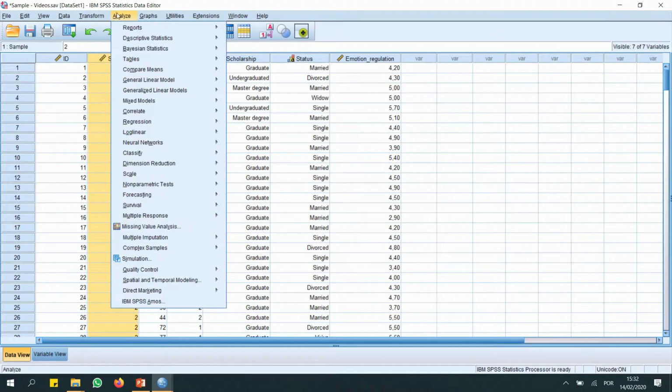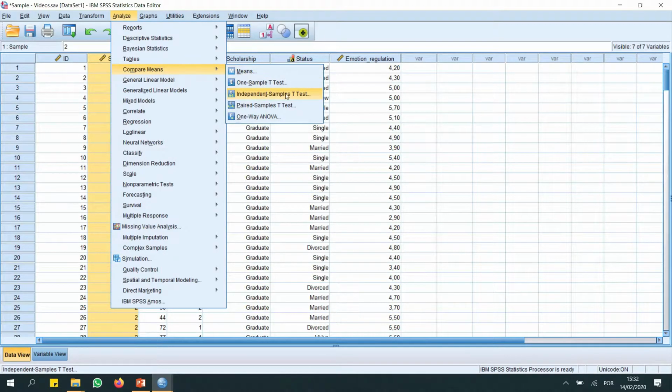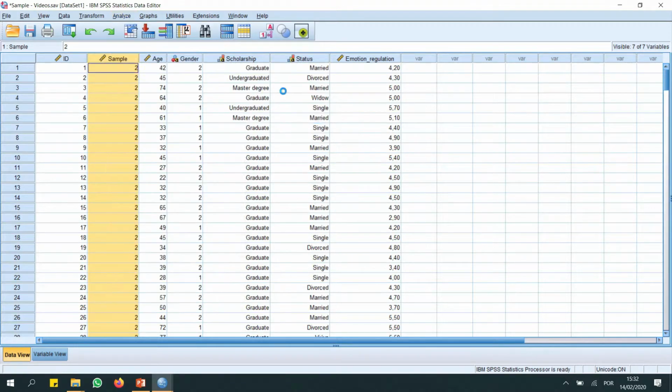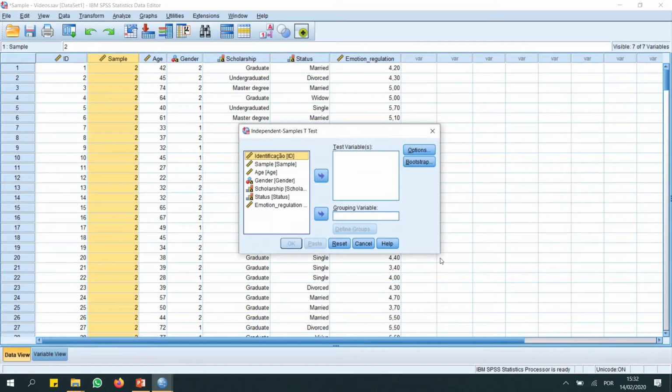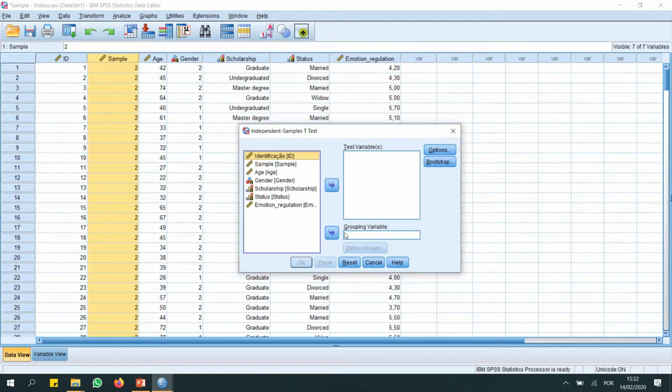We just go here to Analyze, Compare Means, okay, and we have right there Independent-Samples T Test. We select it here, okay? We have here this grouping variable and this test variable. We will choose the variable emotion regulation, okay?